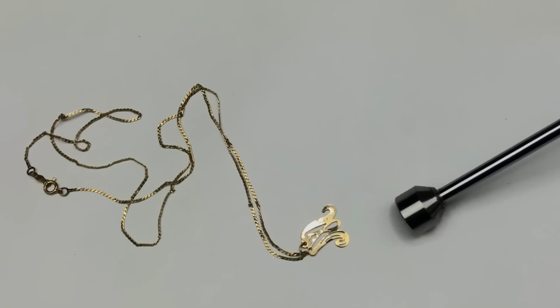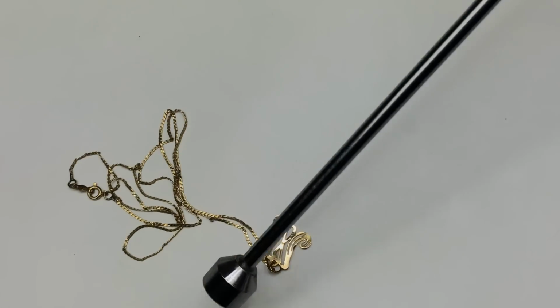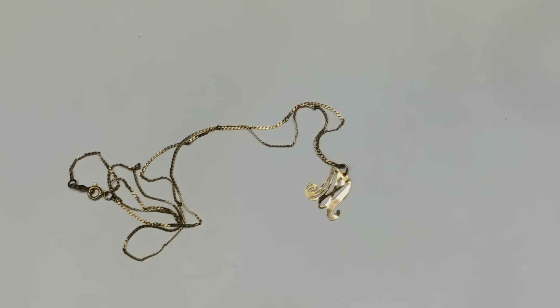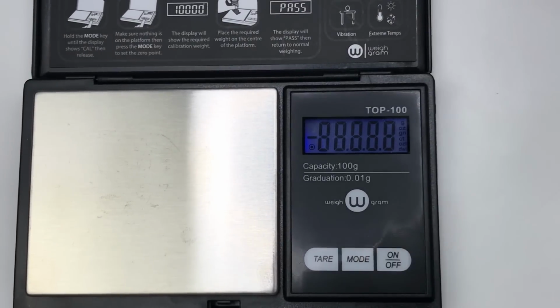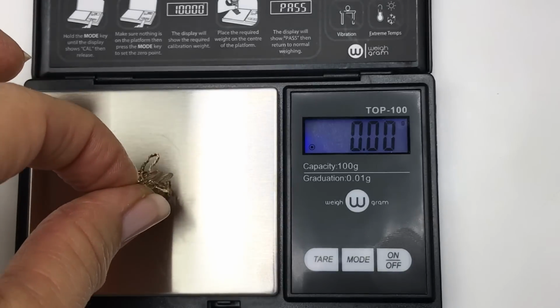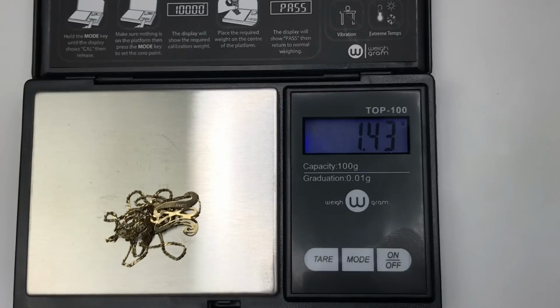I'm not surprised. I didn't expect the magnet to stick to it, but hey, you never know. So, my friends, we have 14 karat gold in this box, and I'm super happy about that. Let's weigh the necklace just for fun. Let's turn it on. Wait for all the zeros to pop up. There we go. Put the necklace on the little scale, and we have